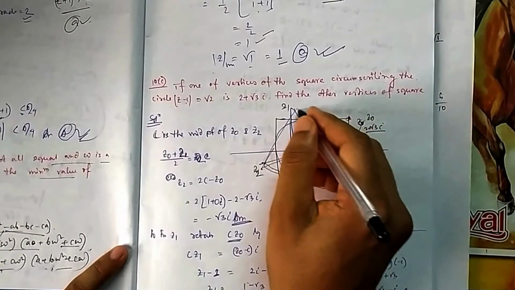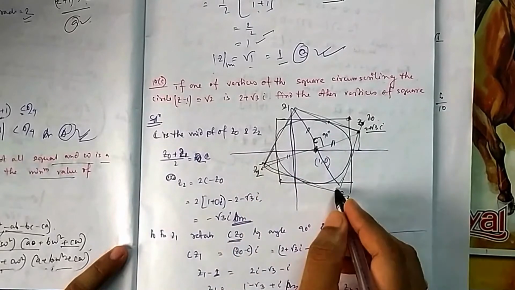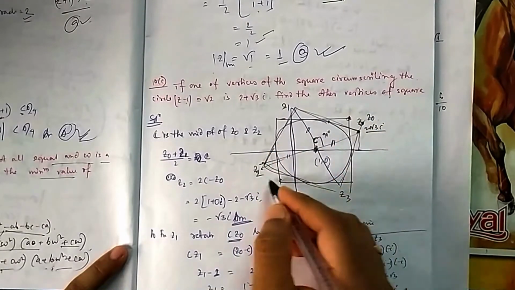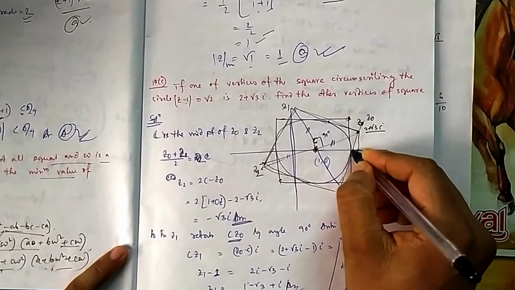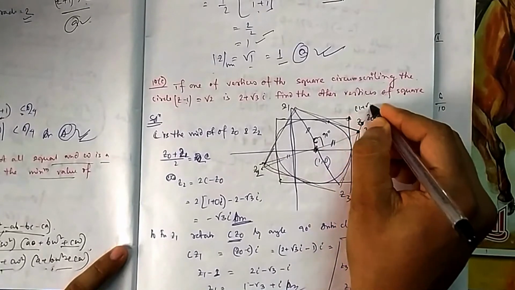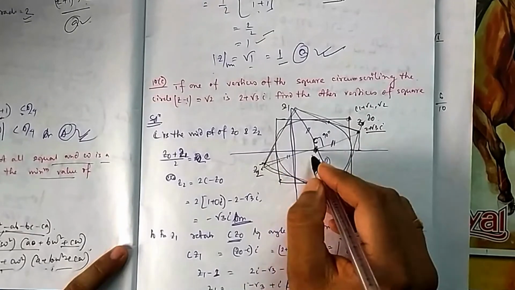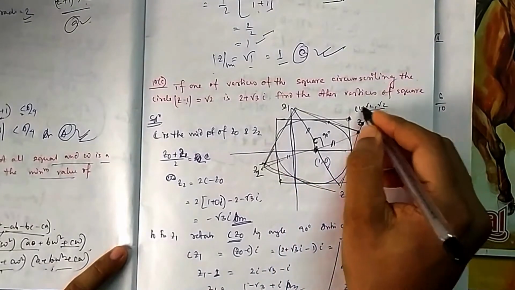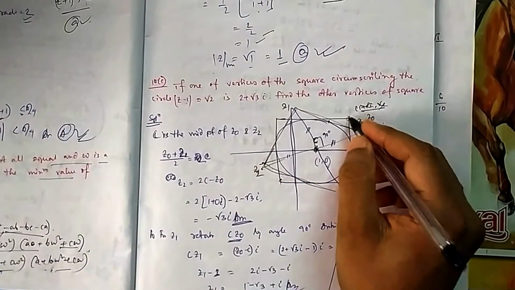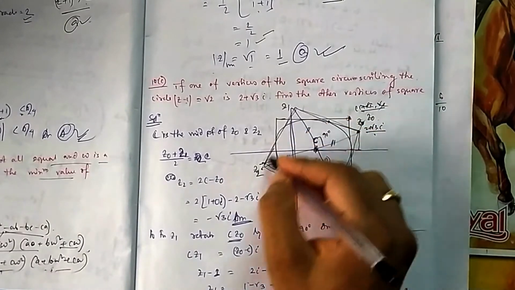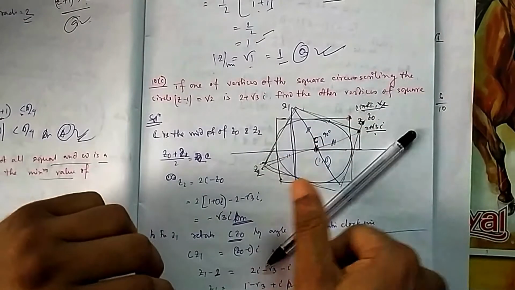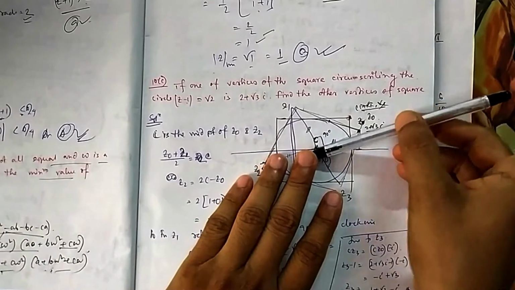So obviously the square will be something of this fashion. Obviously this is not the square. If this would have been a square, this coordinate could have been 1 plus root 2 comma root 2. This height is root 2, this is 1, then again root 2. But this is not the case. They have not given you this point in the first quadrant. So obviously your square is a little tilted. Now you can easily find all these points.